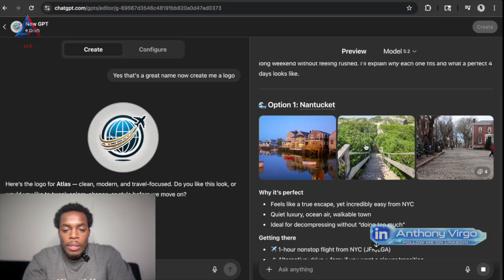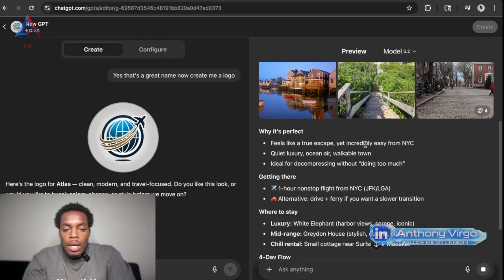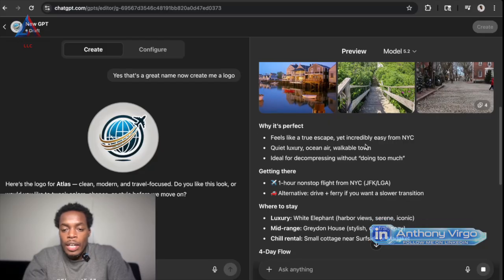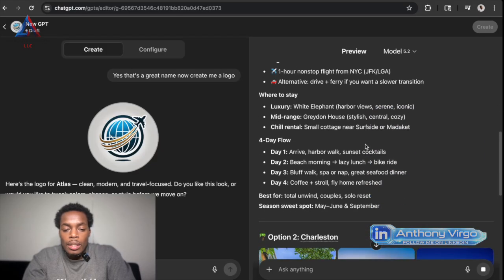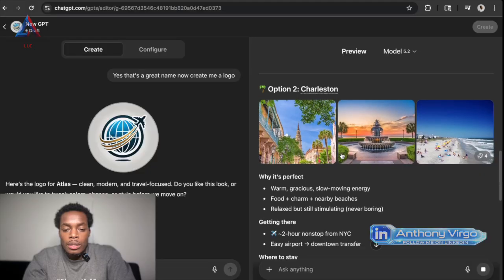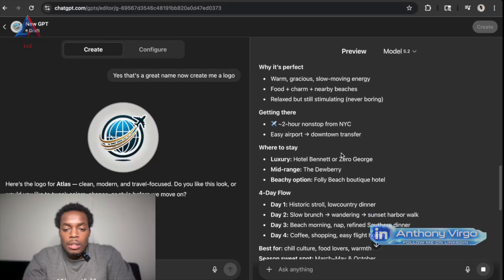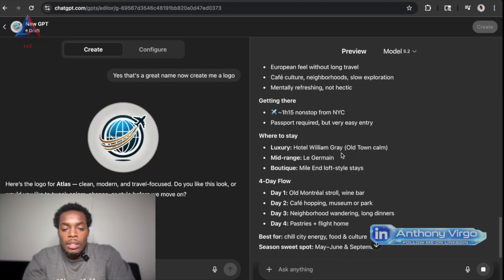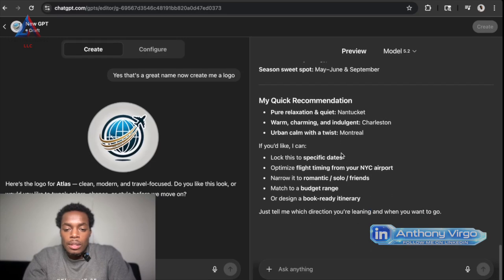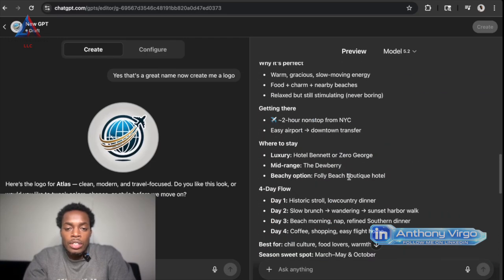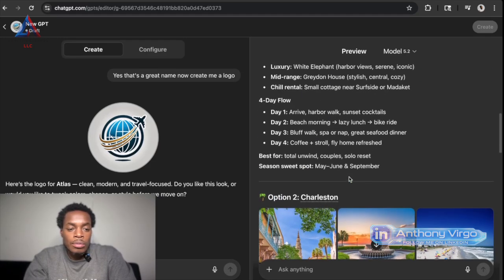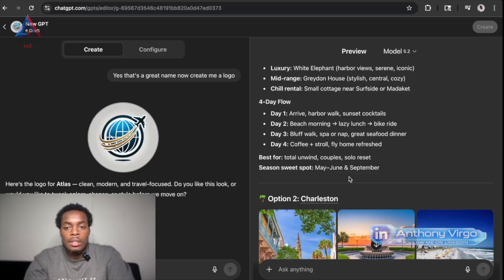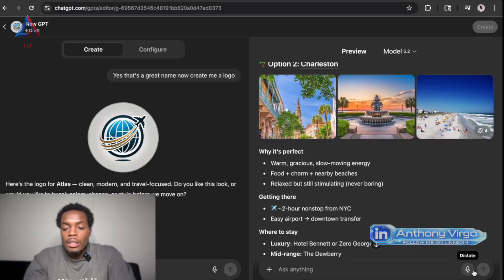So now it's giving me options where to go: 1 hour flight from JFK, LaGuardia, Charleston. It's gonna give me all these options. So this is how you chat with it. We just built this on ChatGPT. Now we're gonna actually